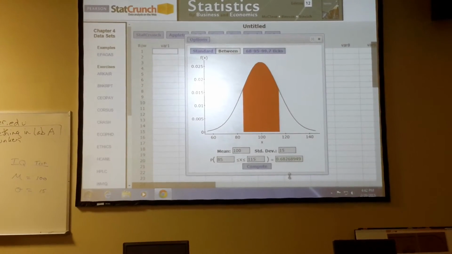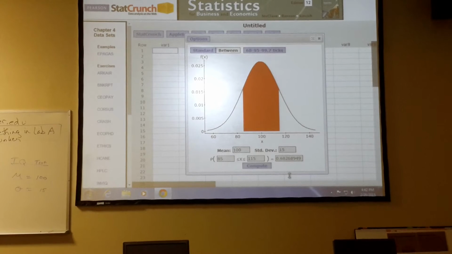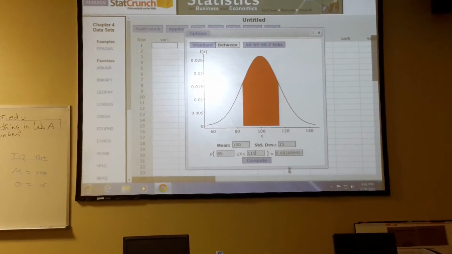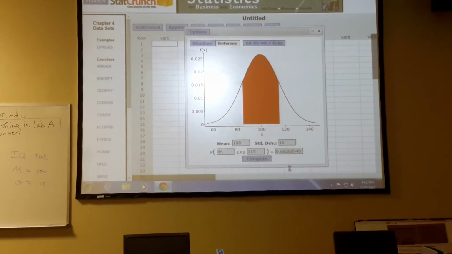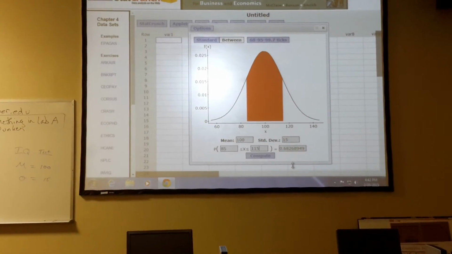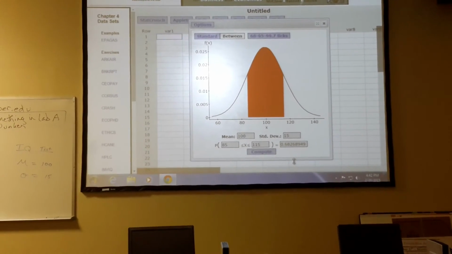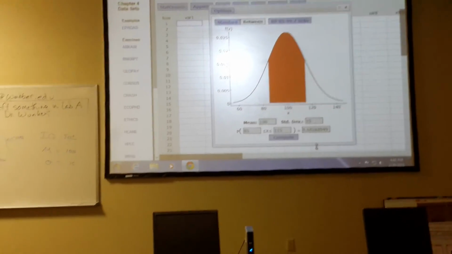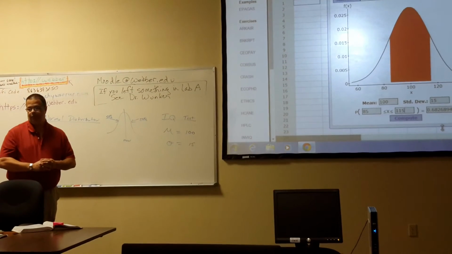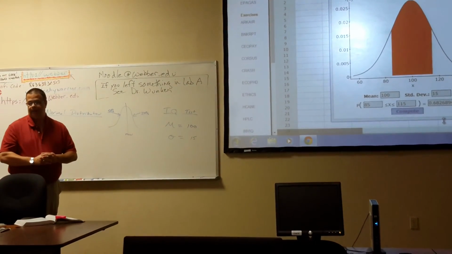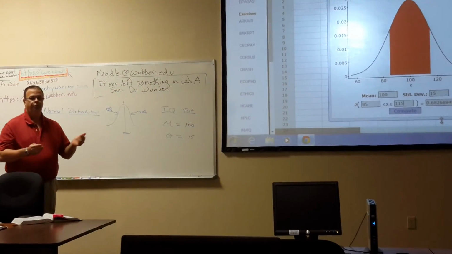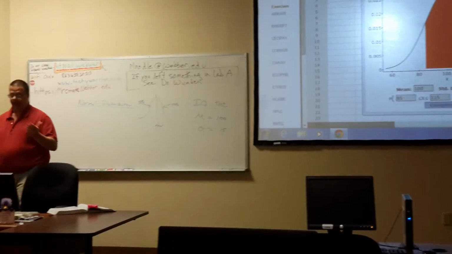Now, if you were really thinking about it, that shouldn't be too much of a surprise that we came out with 68% there, because the values that we happen to pick, 85 and 115, are one standard deviation below and above the mean. So it makes perfect sense, according to the empirical rule, that we would end up with 68% there. But that's how you use the normal distribution calculator to compute probabilities of being at